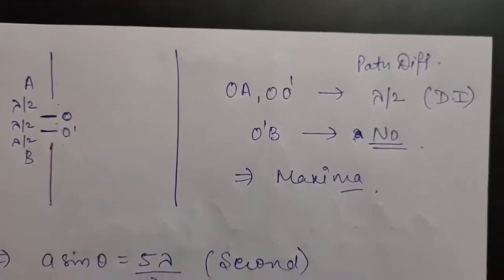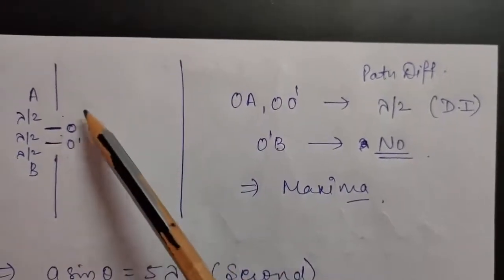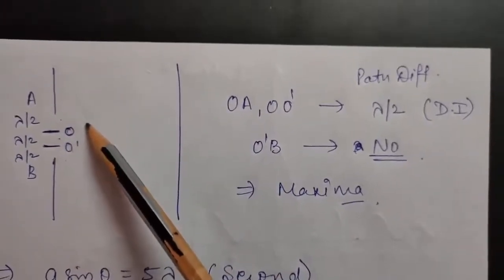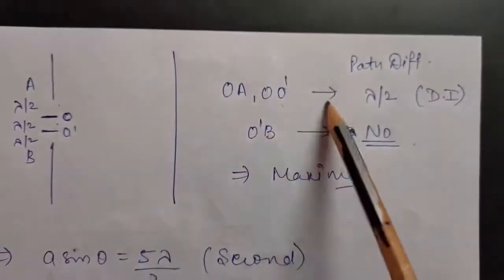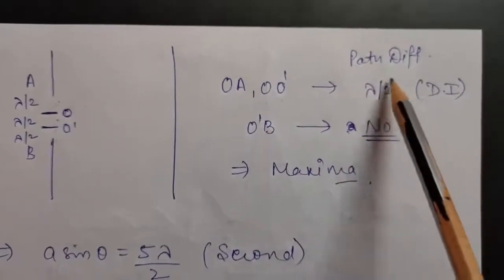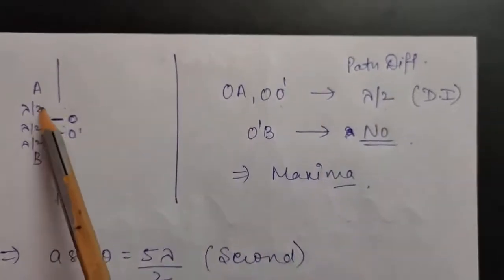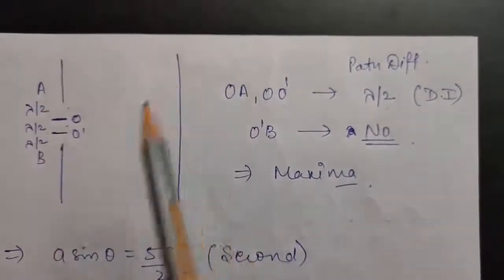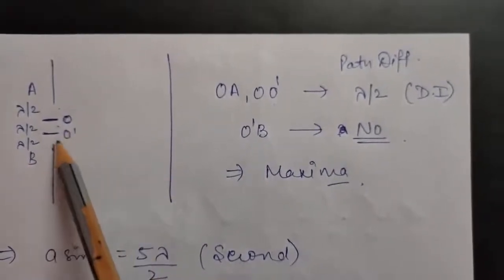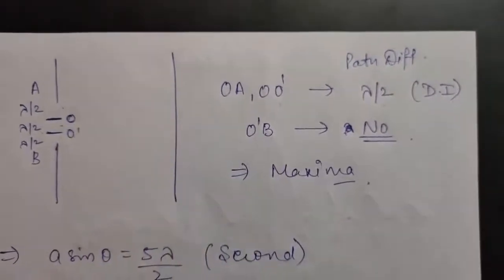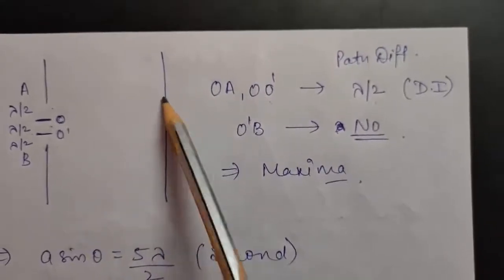Now understand carefully, if any wave is going from this portion and from this portion, these two waves will have a path difference of lambda by 2. So you can say the light waves from OA and OA dash will have a path difference of lambda by 2, and again this is a condition for destructive interference. That means light waves from these two will form a destructive interference, but here we have a third portion of the slit also. From this portion some light wave will be coming. It does not have another wave to form interference. That means there will be light at this point now.